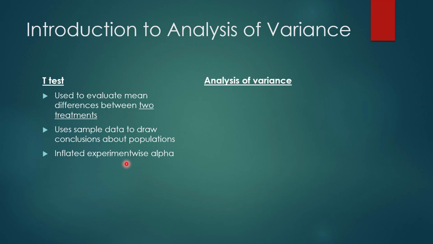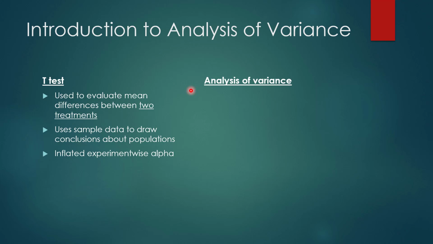So each time we do a t-test, we have that type 1 error, or that test-wise alpha, okay? So each time we do that hypothesis test, we have this possibility of that type 1 error, that false positive. If we do multiple t-tests, we're increasing the amount of type 1 error we're making. So when we do an ANOVA,